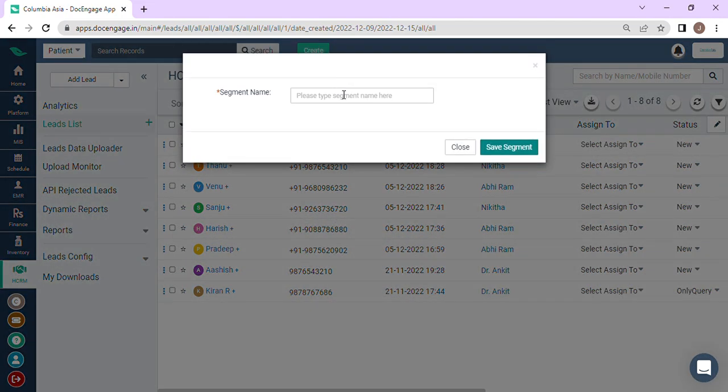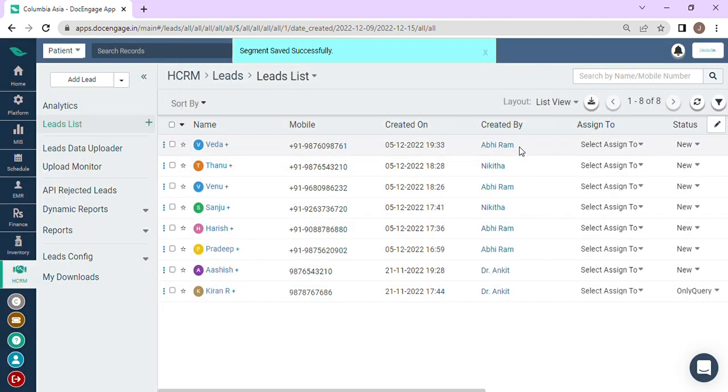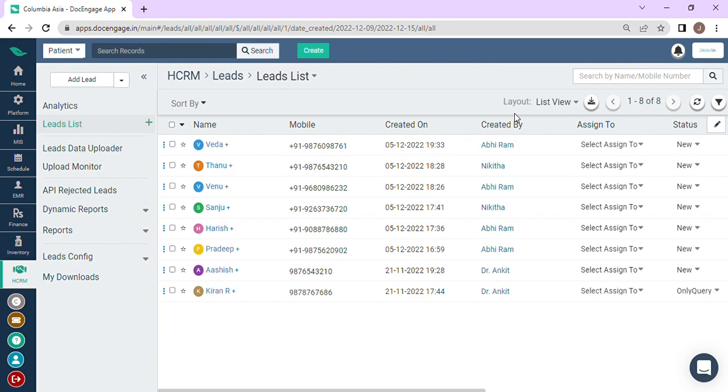If I create a segment name, let us just write a simple segment name, November leads. So this is the segment which I have created, and I'll create the segment. Now I have created the segment from here,